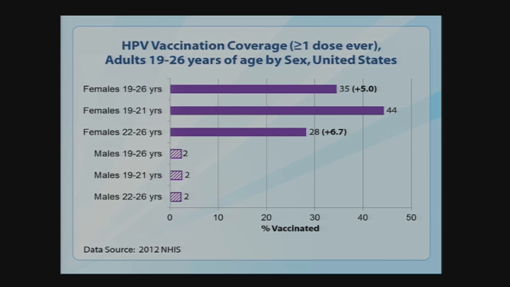The increase among women 22 to 26 years indicated that some catch-up vaccination is occurring in this age group, primarily among white women. We did not collect data on age of vaccination in 2012, so could not determine whether vaccination of younger women, such as age 19 to 21, occurred as part of an adolescent program or when they were 19 or older. We are collecting data on age of vaccination in the 2013 NHIS. Coverage among males has remained low since the ACIP recommendation to vaccinate males in October of 2011.